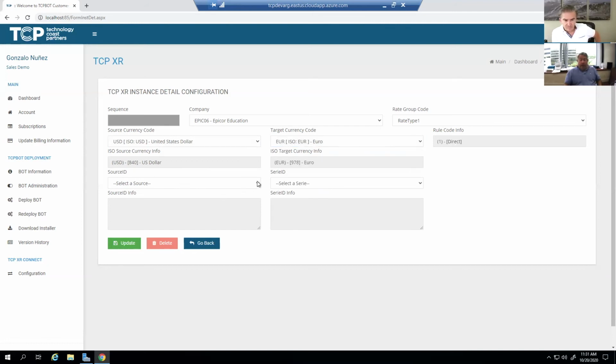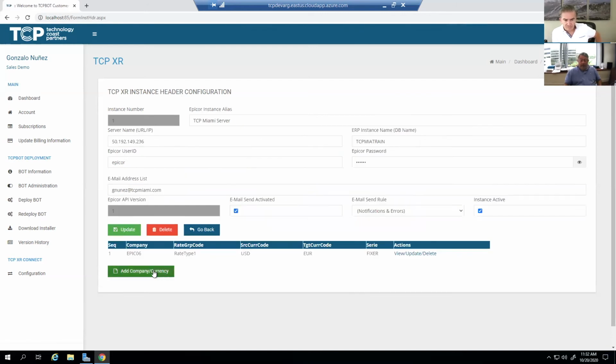And now I get to pick a source. So these are the valid sources available for that particular combination pair of currencies. In this case, let's use Fixer. We have more information about Fixer on our website. And with Fixer, you always just select the Fixer IO series and you update. Let's add another